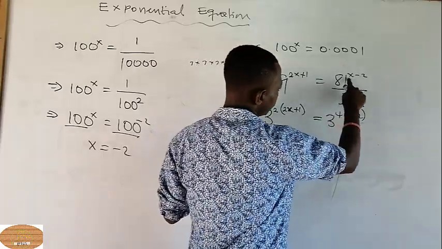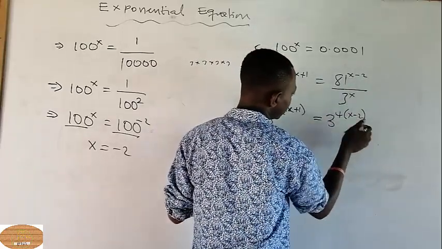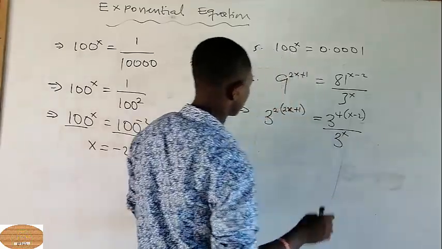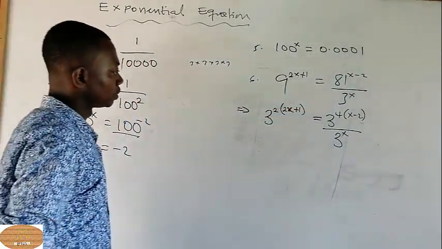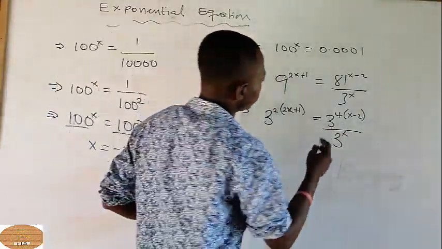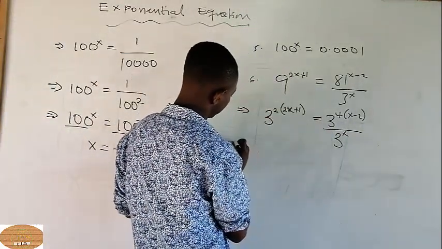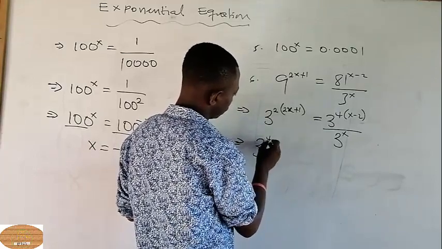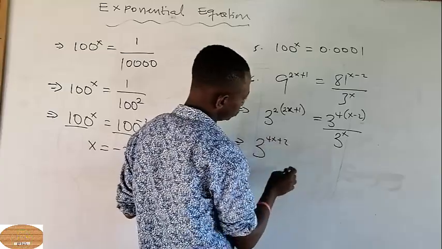And don't forget we have x minus 2 there. That one is here, over 3 to the power x. Alright, so this one is division. So this one is the same as... let me expand this one. 3 to the power 4x plus 2 equals